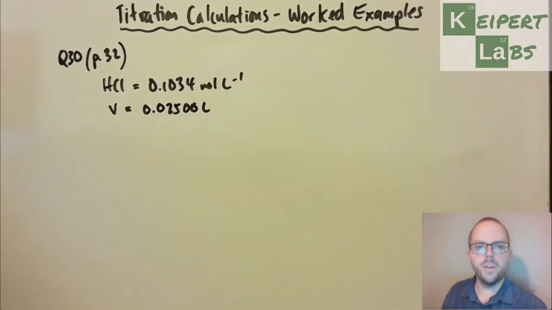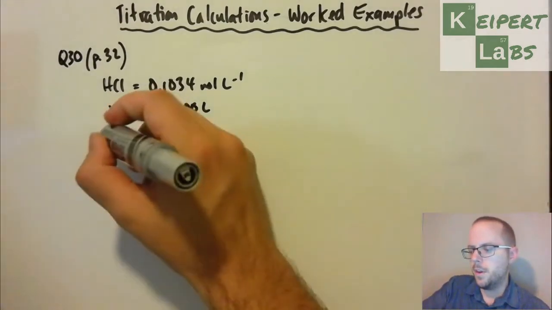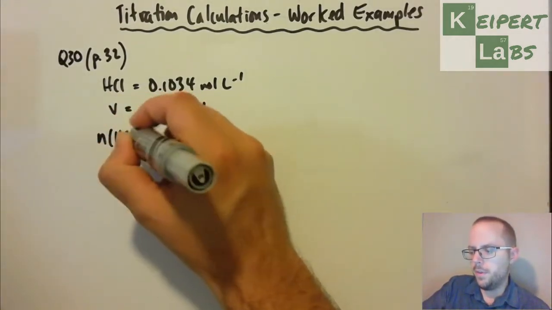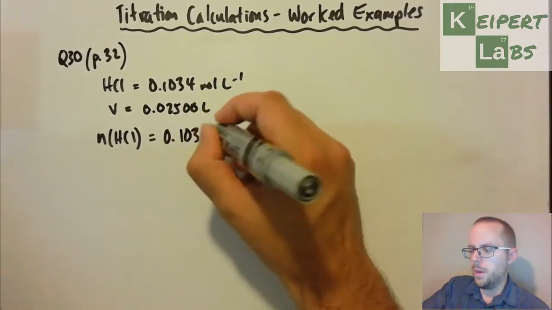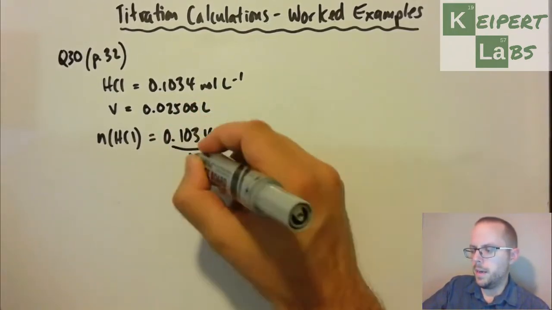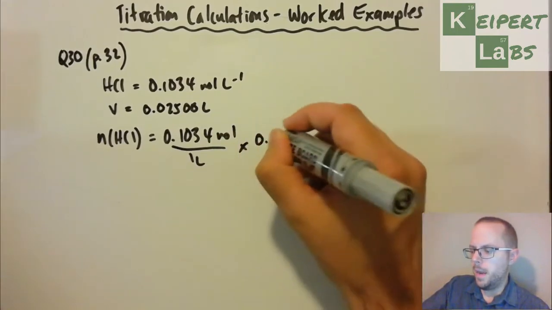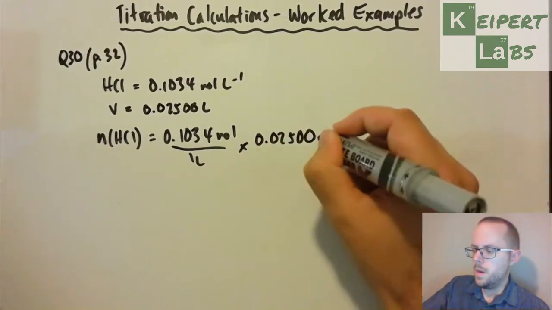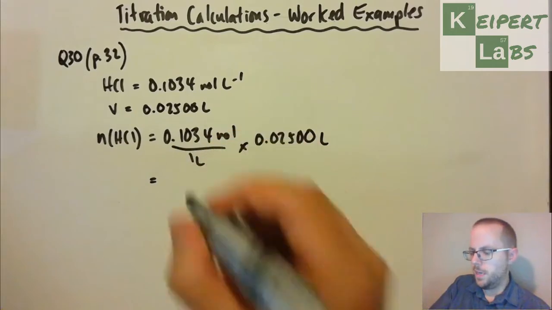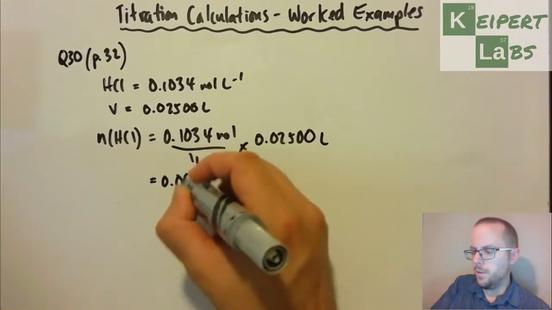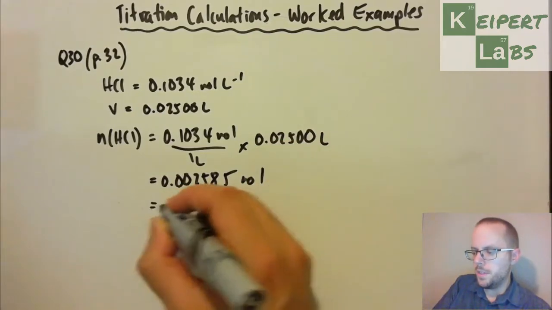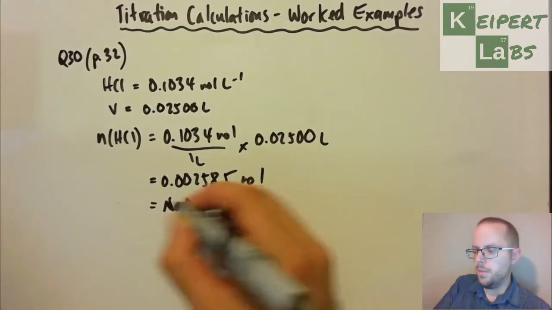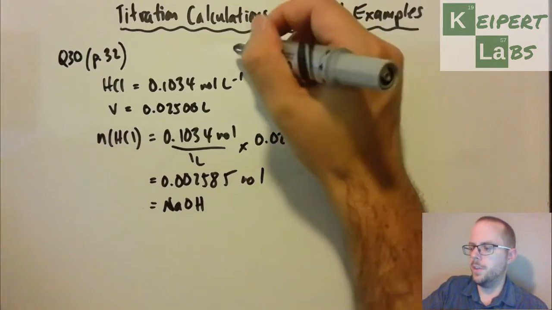So it's 0.02500 litres. So our moles of HCl, therefore, is 0.1034 moles for every 1 litre multiplied by our volume. N equals C times V, and so we get 0.002585 moles, which is the same as our moles of our sodium hydroxide, because of our equation that we have here,